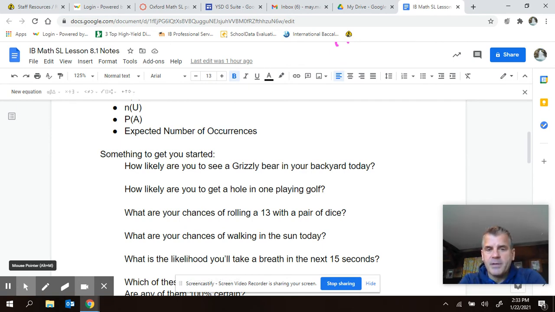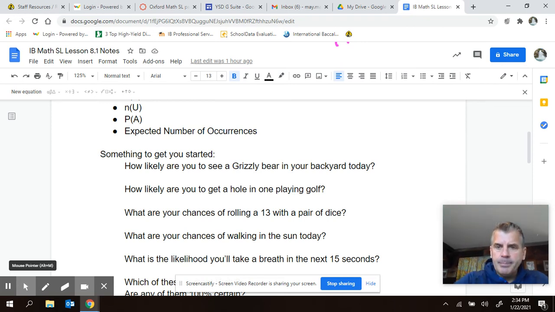What are the chances of rolling a 13 when you roll a pair of dice? Guys, this one is absolutely certain. You have 0 chance of rolling a 13, the sum of the dice being 13. It ain't happening. Never will it happen. Now, you could say, well, wait a minute, how many sides are on the dice? Well, that would probably need to be in there to be more specific. But with standard, 6-sided dice, your chances of getting a 13 would be 0. Okay, so that kind of sets the stage.